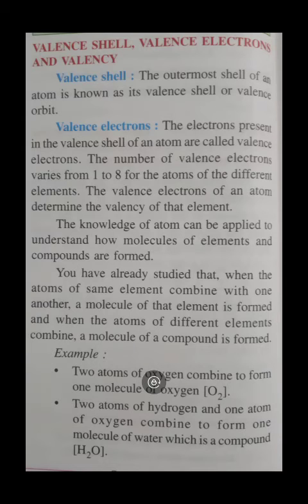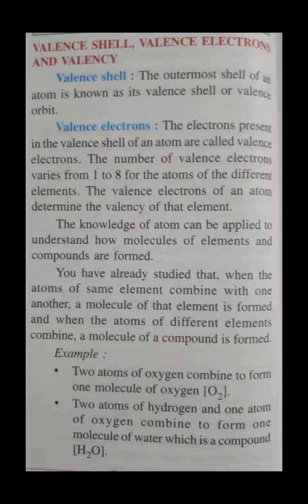Now we will talk about valence shell, valence electron, and valency of an atom. Valence shell is the outermost shell in which the outermost electrons are filled. Right? The number of electrons filled in valence shell are called valence electrons. Right? And the valency,